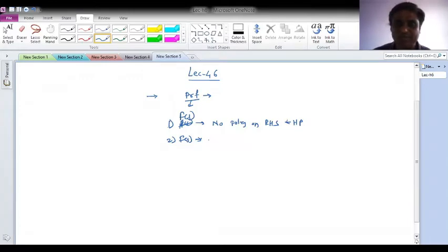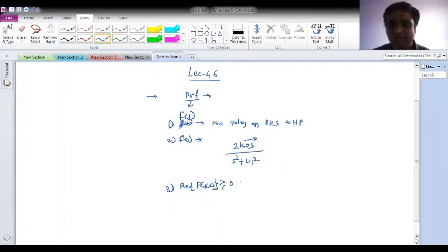This is the second thing, and it can be checked by finding the residue for the simple pole, which has to be real and positive, that is 2k0 s upon s square plus omega 1 square, the way we have seen, and k0 has to be real and positive. Then the third testing: the real part of f of j omega has to be greater than or equal to 0, for all omega.